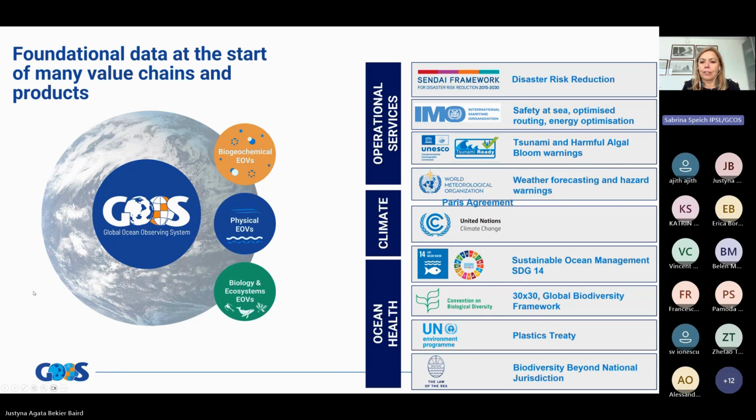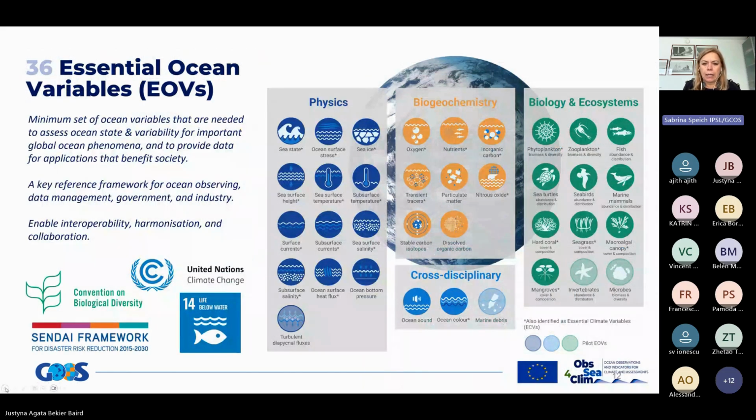There is disaster risk reduction, but also numerical weather prediction or ocean predictions, climate, so with the Paris Agreement, UNFCCC, but also ocean health with sustainable ocean management for the Sustainable Development Goal 14 and other different frameworks, including the plastics treaty. So if we go back now to the rolling review of requirements, this has been a process